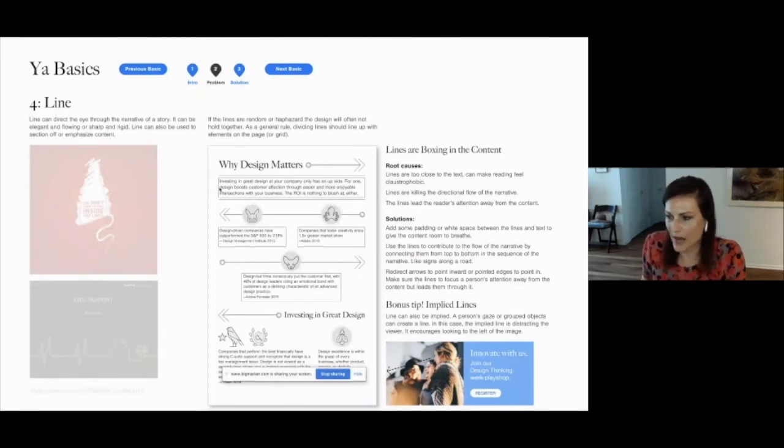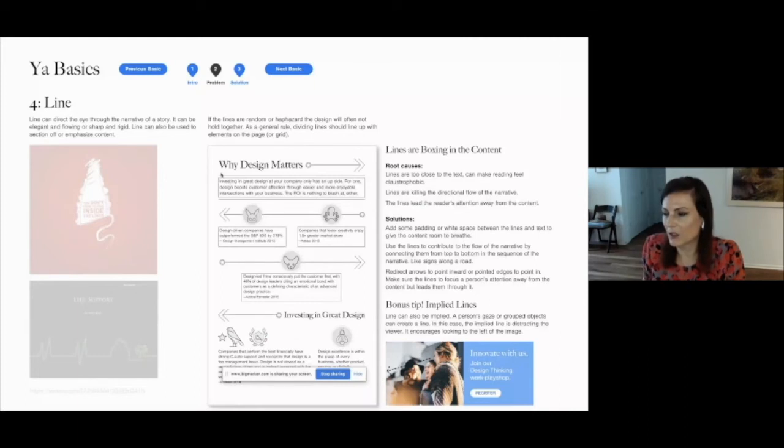So adding more padding to these types of containers can really solve that. The other thing is I'll see a lot of lines. So the designer might be trying to divide out the content really nice, so they add just like these divider lines and section lines and everything. But sometimes it's just too much. Sometimes it just needs to be, just pull it back a little bit.